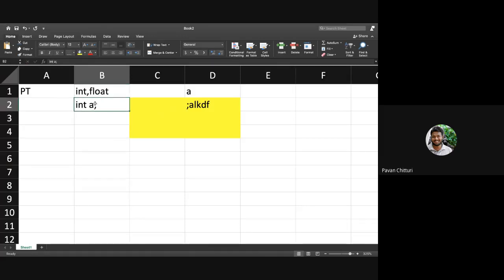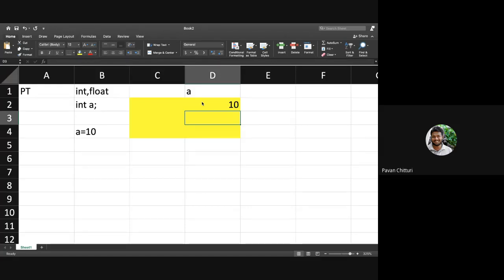So when you try to declare a variable, this is what will happen. Some garbage value will be there. When you want to assign some value, after this particular statement gets executed, the value will be changed to 10. This we know from the beginning. This is what we are doing from day one.